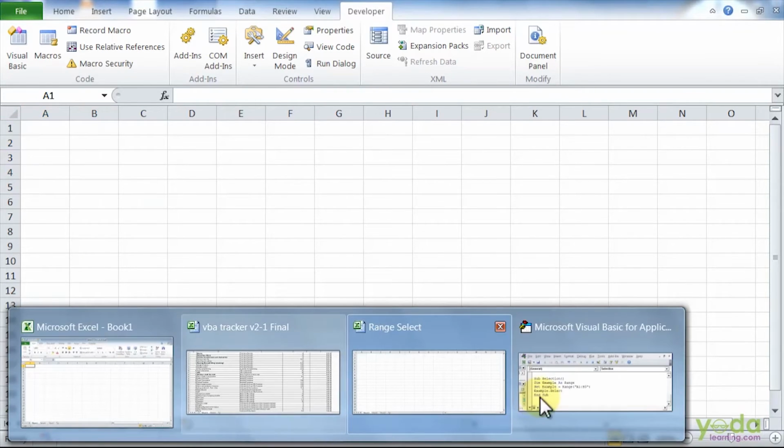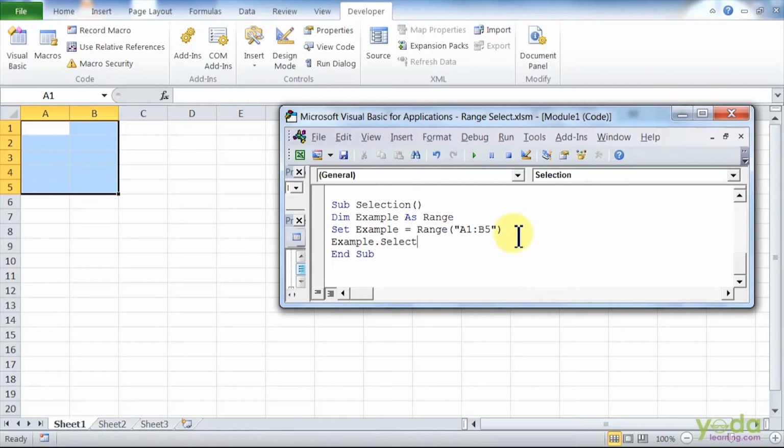Now let us execute the code out here, but before that I need to mention which row number I need to select. I'll say rows 2.